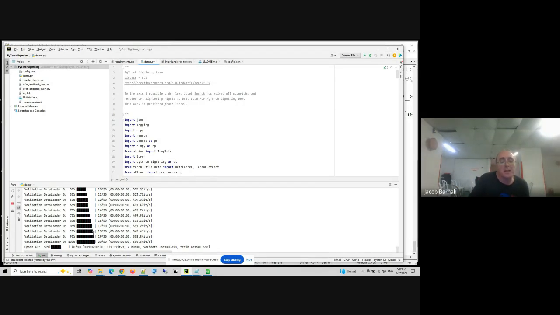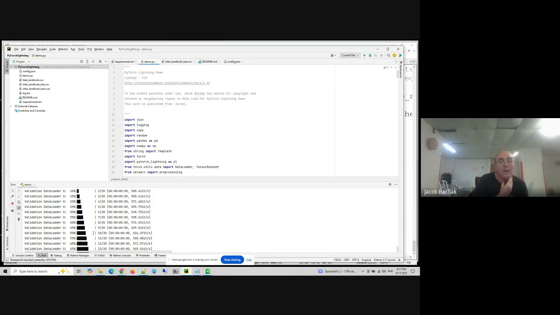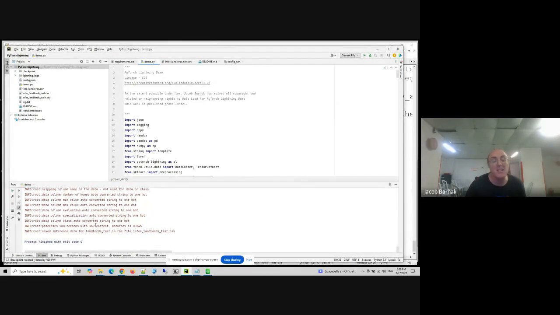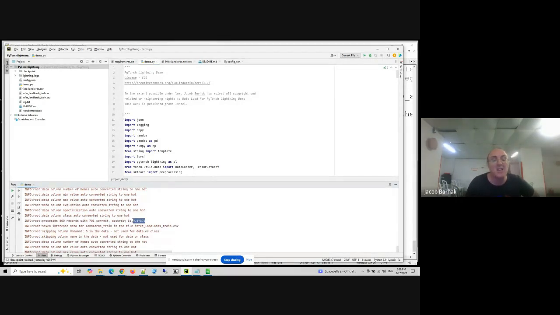After about 50 epochs, I think it's 43, 44, we're almost done. It will go into the validation phase. Okay, and then the validation ran everything, and you have some statistics that are spread out already. This is part of what the program does. So here, for example, we know that after 50 epochs, you had like 800 records in the training set, 703 of them were correct. Not much of a training, but it's good enough. And you got the accuracy of 87%.